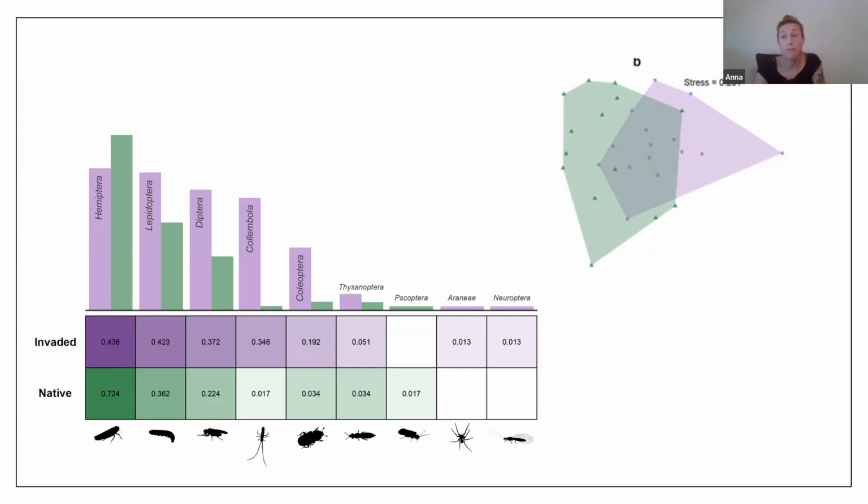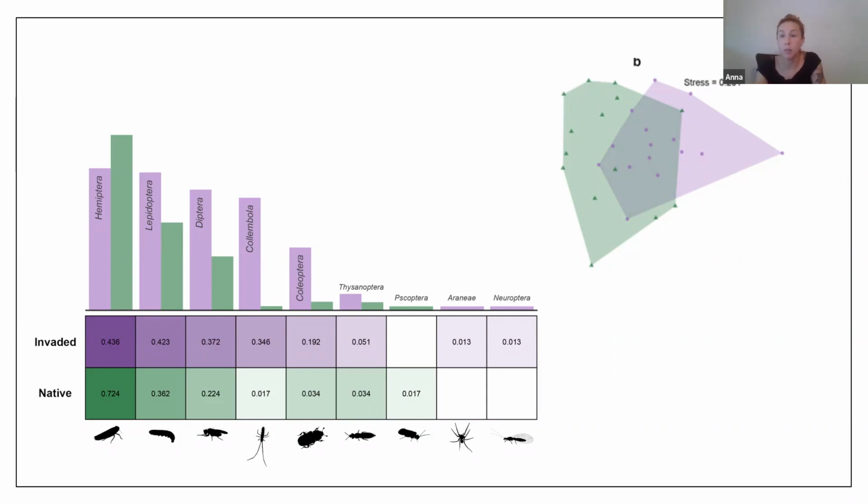For the spiders from the invaded habitat, we see this interesting trend of dietary dispersal, in which there's a mixed dietary strategy where they're not solely eating hemipterans, they're also eating lepidopterans and dipterans. And particularly interesting is that the spiders in the invaded habitat began eating high numbers of collembolans. In the native forest, we only found a single spider eating collembolans, while this was really common in the invaded habitat.